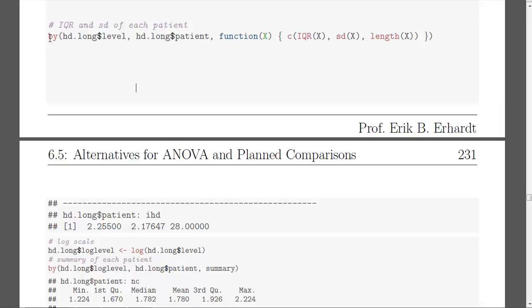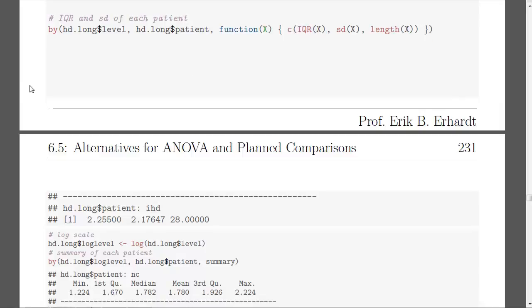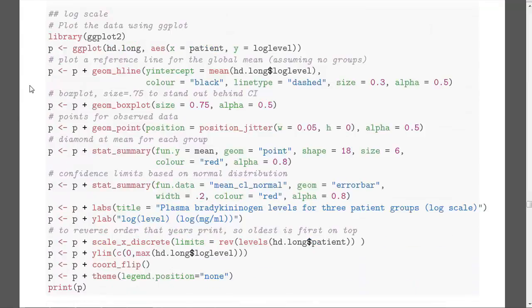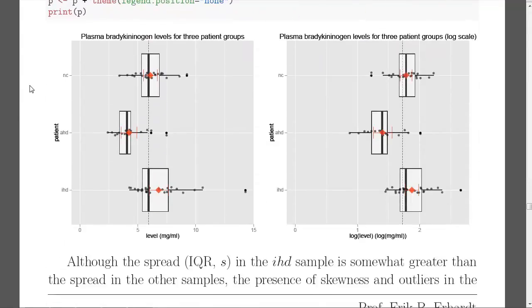That's a nuisance. Well, as always, this R code is on the website, and you can run it and you'll get all the summaries. I would have liked to compare whether the variances are the same over these groups, but we'll be able to understand that through some plots. So here are the plots